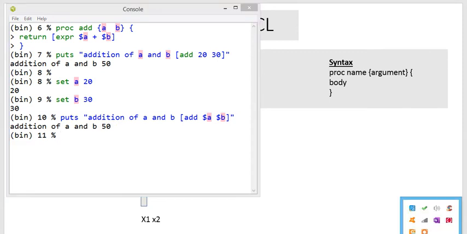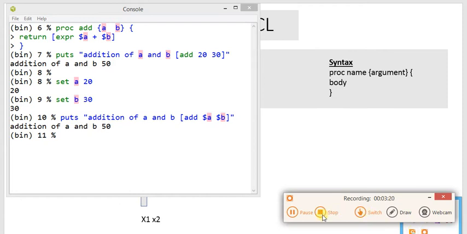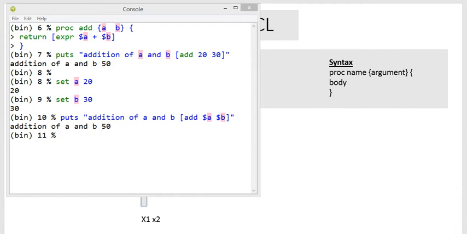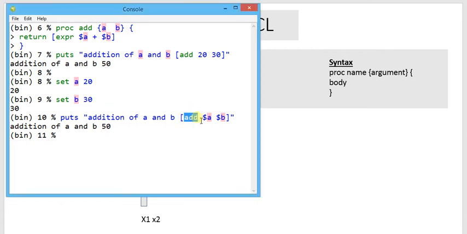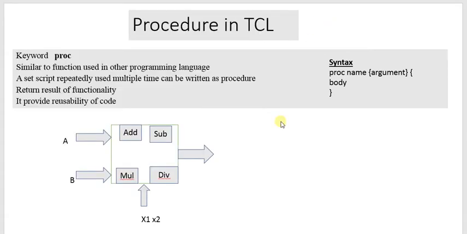So a procedure has the feature that it allows us to write a set of programs separately. We can call it whenever required in the main program. The only thing to be cautious about is that the name of the procedure must be the same and the order in which the variables are written. We can write different control flow commands, such as if, else, while, for, inside a procedure.